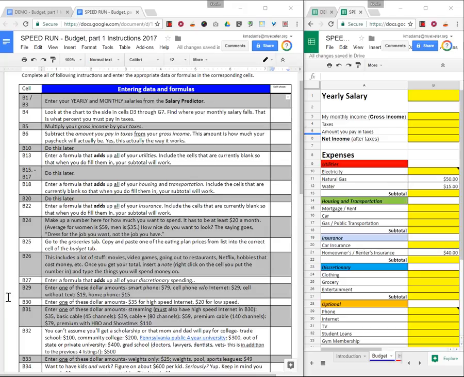I'm going to do a speed run. It's not going to be too speedy, but I did want to show you that if you're following these steps for the budget part 1, you should easily be able to get it done in one class. So I'm going to get started by entering in my yearly salary,